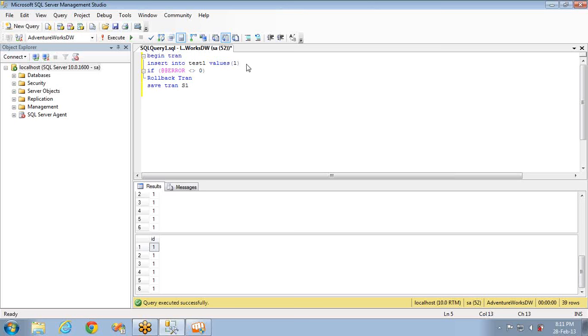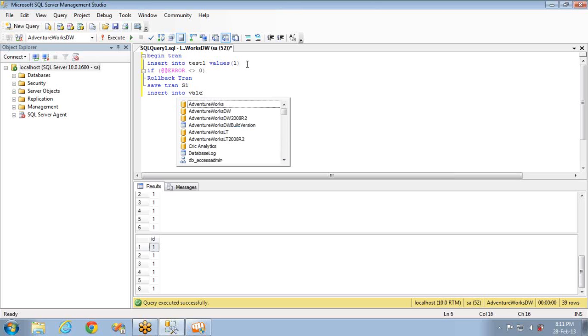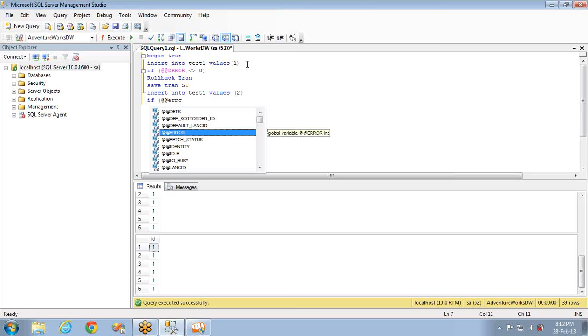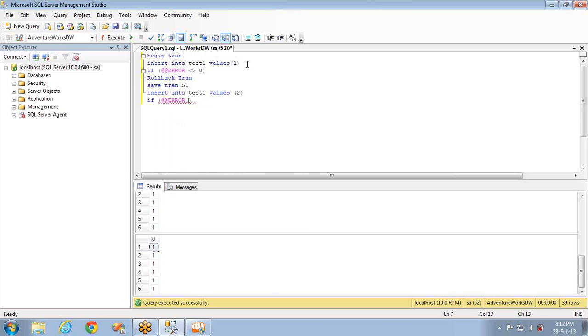You can save it. Once it is saved, you can insert one more record. Insert into test1 values 2 this time, and again I will check for error. If @@ERROR is not equal to 0, that means if there is some error occurred in the middle, then roll back.